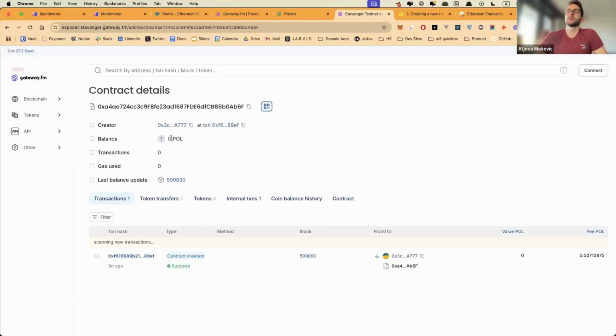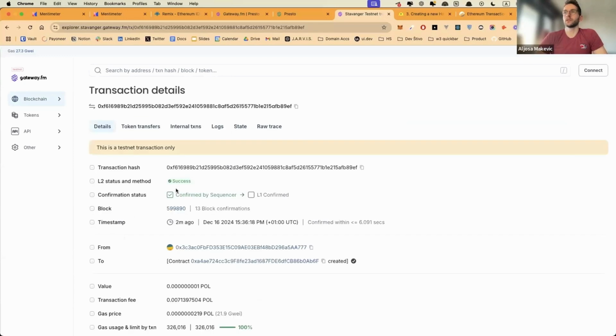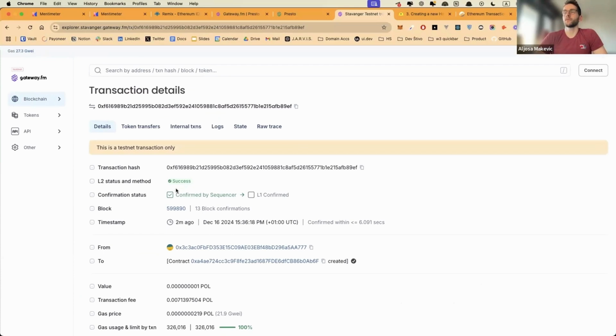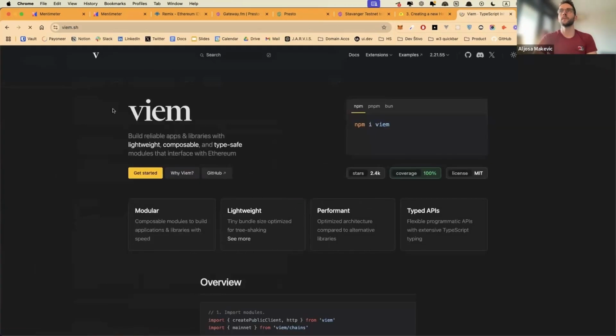Its balance is 0 because I think it rounds down to 0, and we have this transaction from 2 minutes ago that is the contract creation. So yeah, now we have our own data on our own chain, and relatively easily with a library such as viem, you can show that data on your front end.